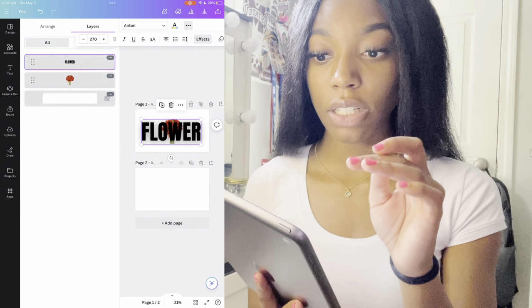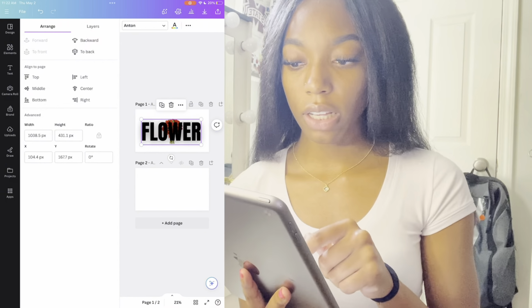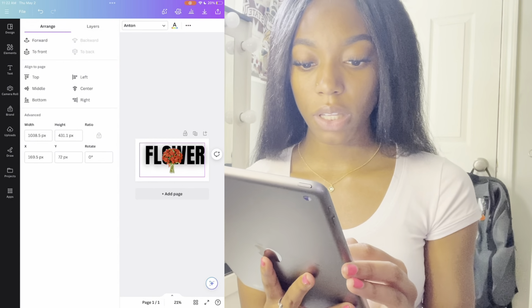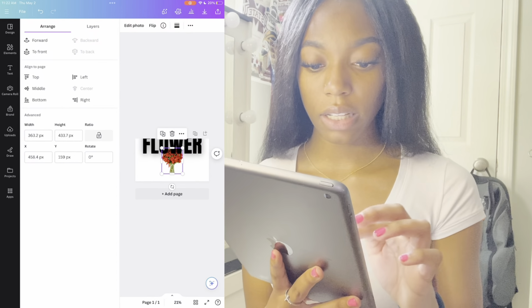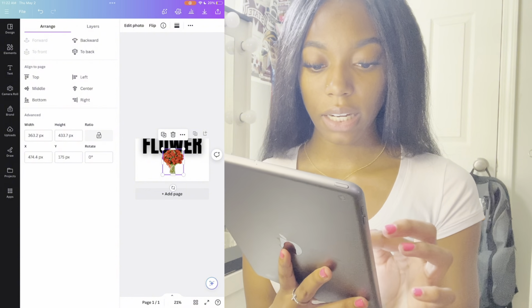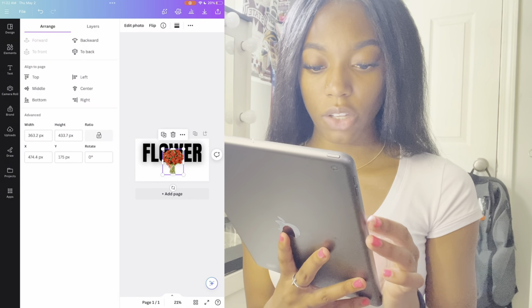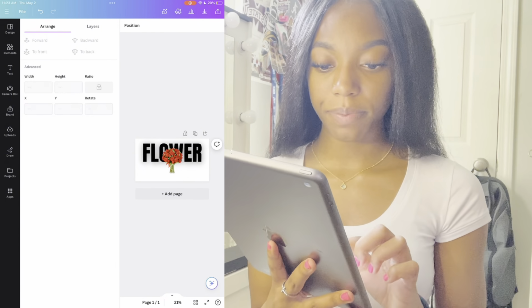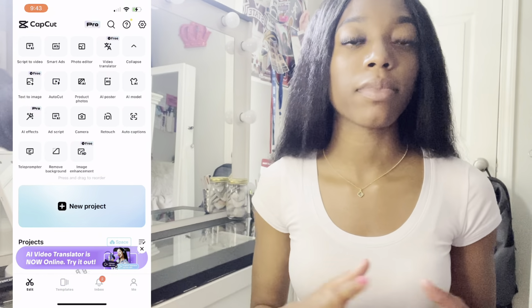You're just going to press these three dots, and then press arrange at the top. Then click on what you want to move, and you can press send backward, and that will put the text behind the picture. If you don't want to do it that way, click the picture, duplicate it, and it'll pop up on top of the word, and you can just line it up just like that. CapCut will automatically take off the background of your video or your picture, either one,